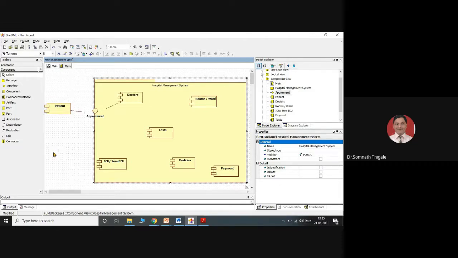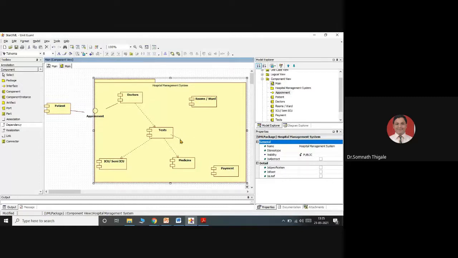Now based on that, the doctor may suggest different options. Depending on the patient's condition, a test may be performed. After the test, it may be given to this, or to this, or sometimes the appointment may directly lead to payment options also.